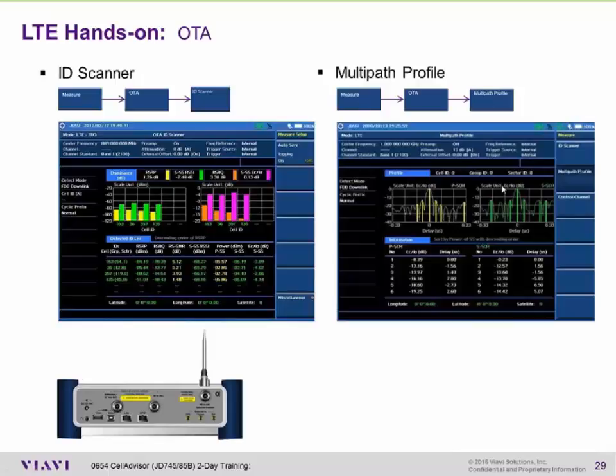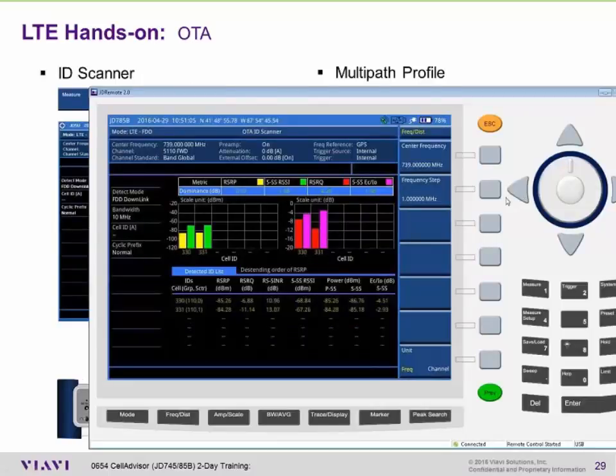The big advantage of multipath profile is I can clearly see MIMO. If I have these peaks here at the top, I can clearly see that, yes, I have both transmits. I can even go so far. Let's go ahead and choose the